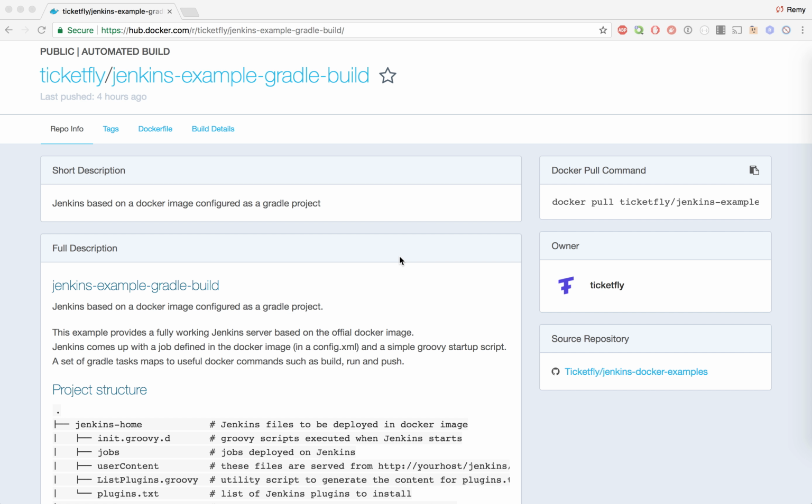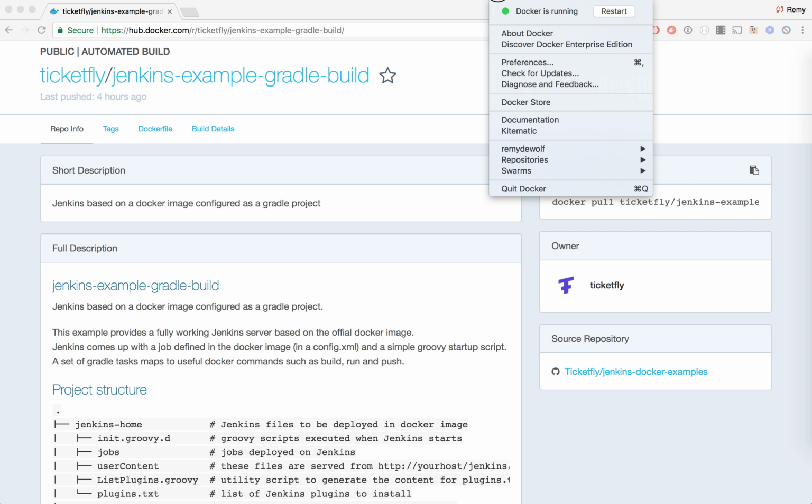This is Remy, and today I will show you how to easily run a Jenkins server locally using Docker. For this, I will use the Jenkins example provided by Ticketfly, and the only thing you need to do before running this example is to have Docker on your local and running so we can use the Docker command